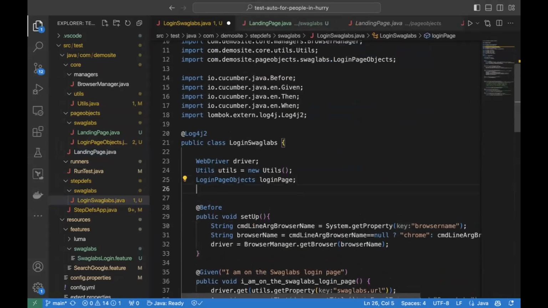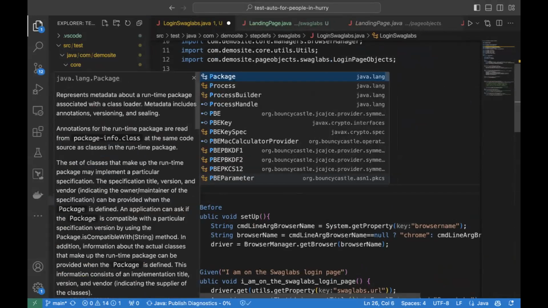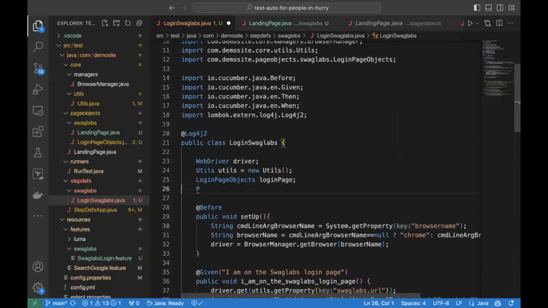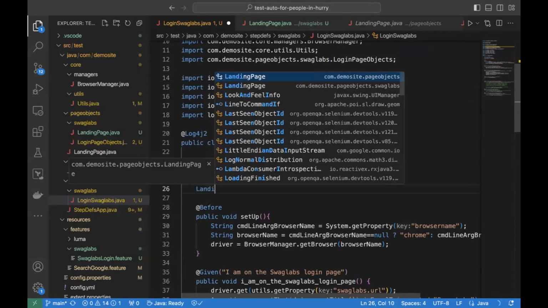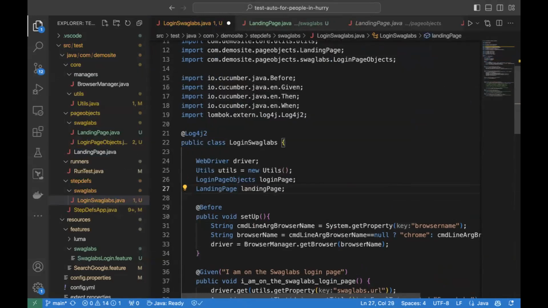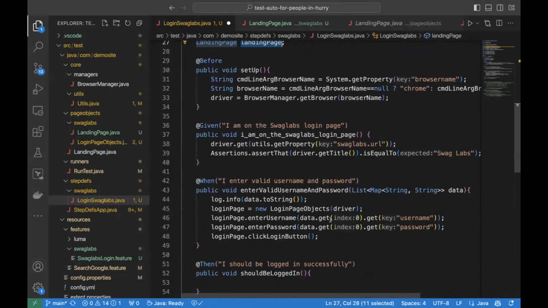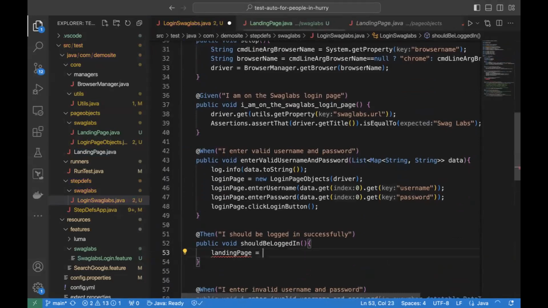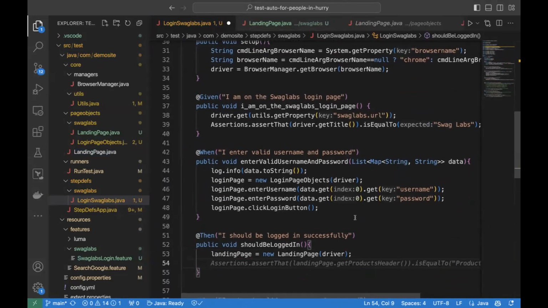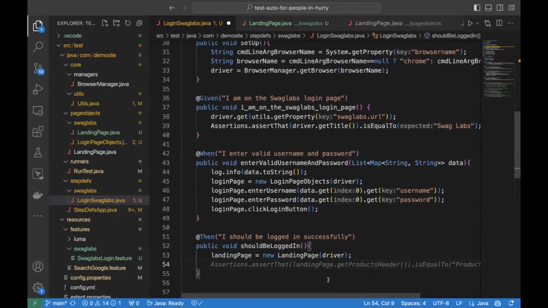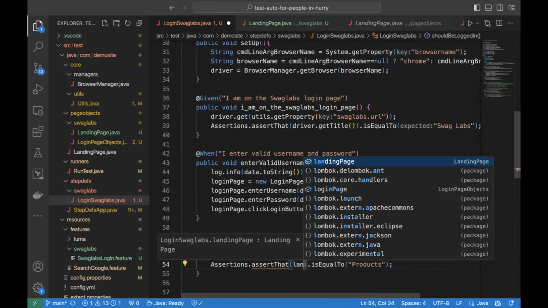I will define landing page, and let's say I declare it here, new landing page driver, and I can do an assertion of whether it is the right product header. So I say the expectation is that my landing page